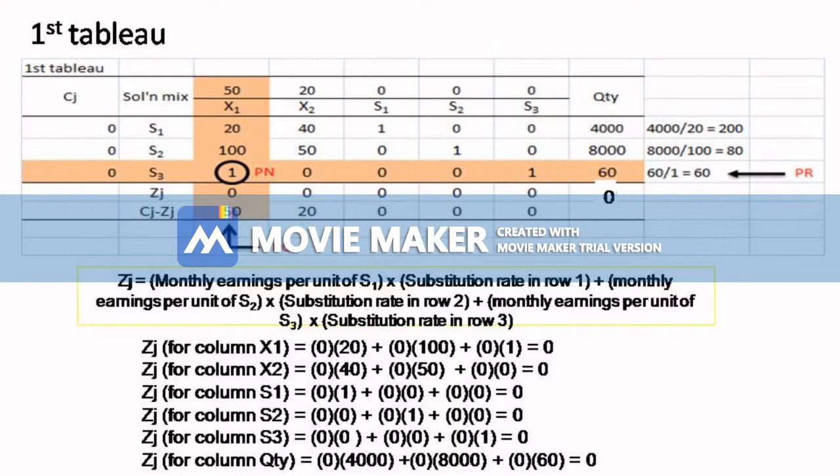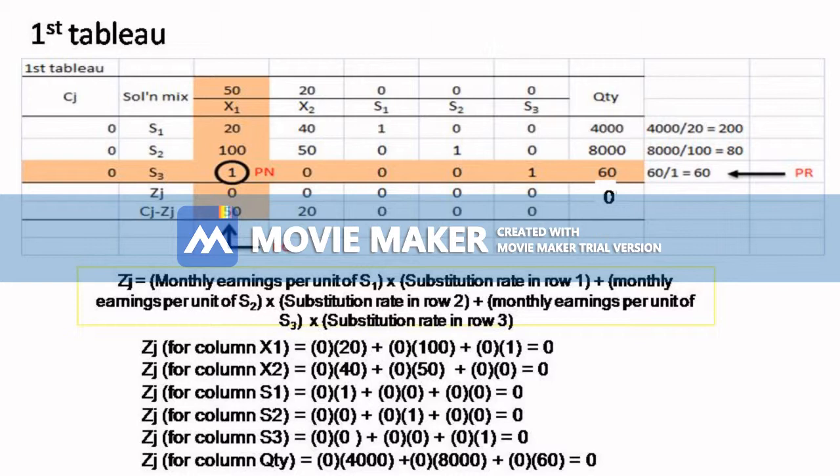After completing the whole table, we will now identify the PC or the pivot column by identifying the column or the variable with the largest positive number in the CJ minus ZJ row of the preceding tableau. So in this problem, our pivot column is the X1 column since 50 is the largest number in the CJ minus ZJ row. So the next step is to